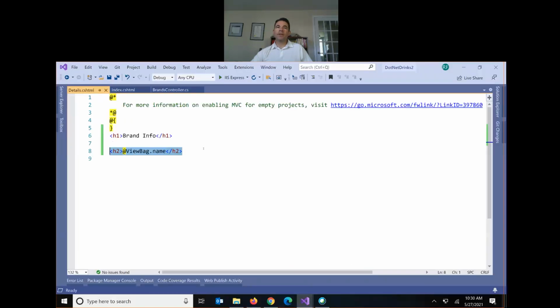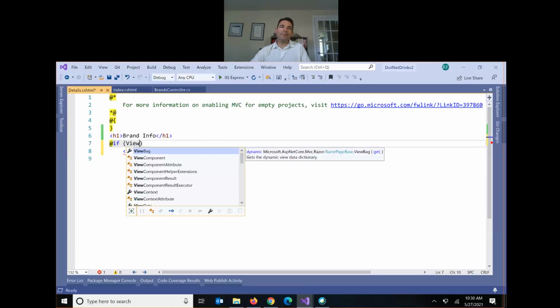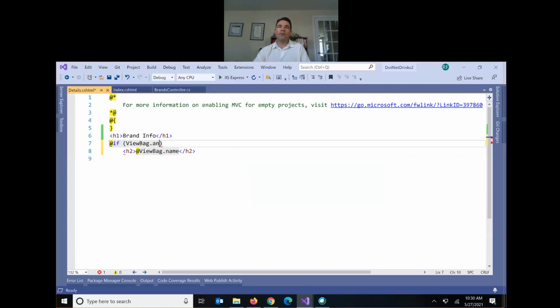We could add the logic in the controller, or we could add it in the view. I'm going to add it in the view. So I'm going to wrap this in an if statement. We can write logic, just put in an @if. Now we don't need the @ symbol again here for ViewBag because this line already is server-side code. It starts with an @ symbol. So if ViewBag.name isn't null,